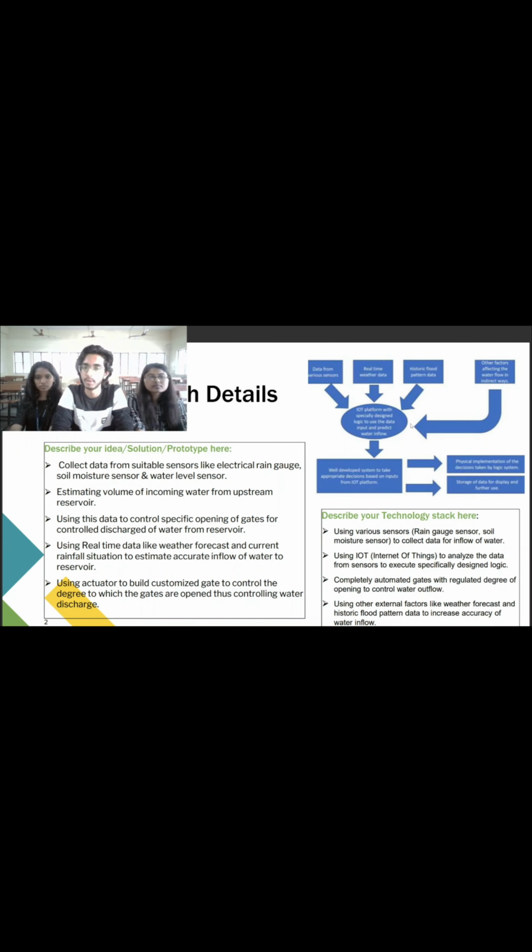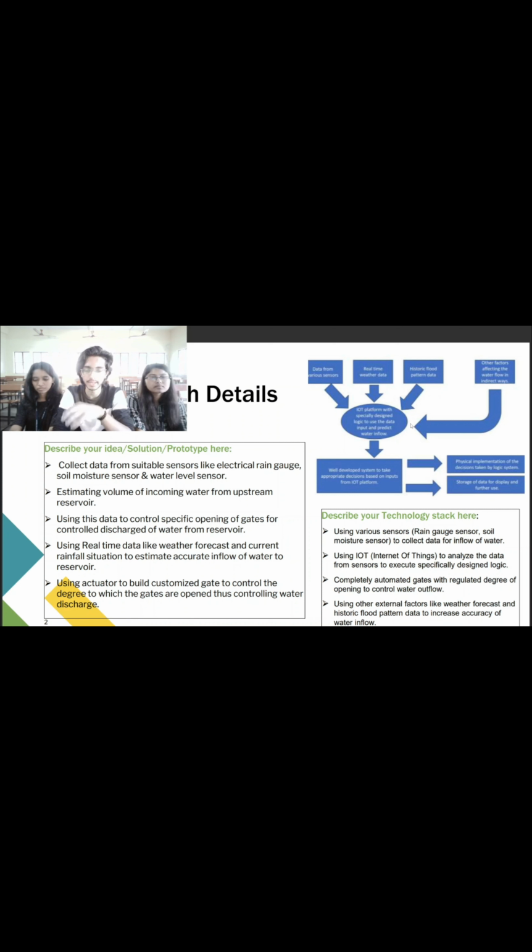Our idea for the problem statement is we collect data from various sensors like electrical rain gauge, soil moisture sensor, and water level sensor. We use this data to accurately estimate the inflow of water to the reservoir via various ways like rain, etc. Also, we calculate the flow of water from the upstream reservoir using various methods. This gives us accurate data to work on, and we also get an idea of how much volume is increased in the reservoir. We use this data to control the specific opening of gates for controlled discharge of water